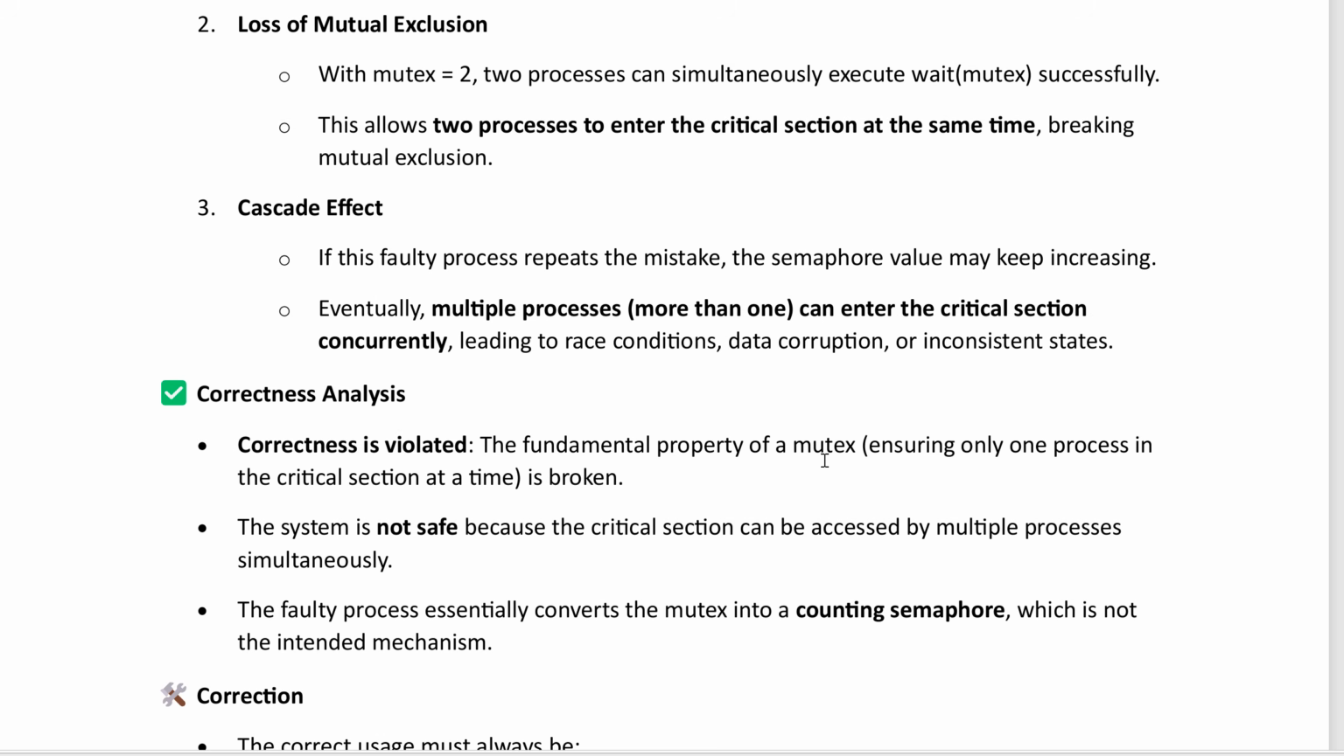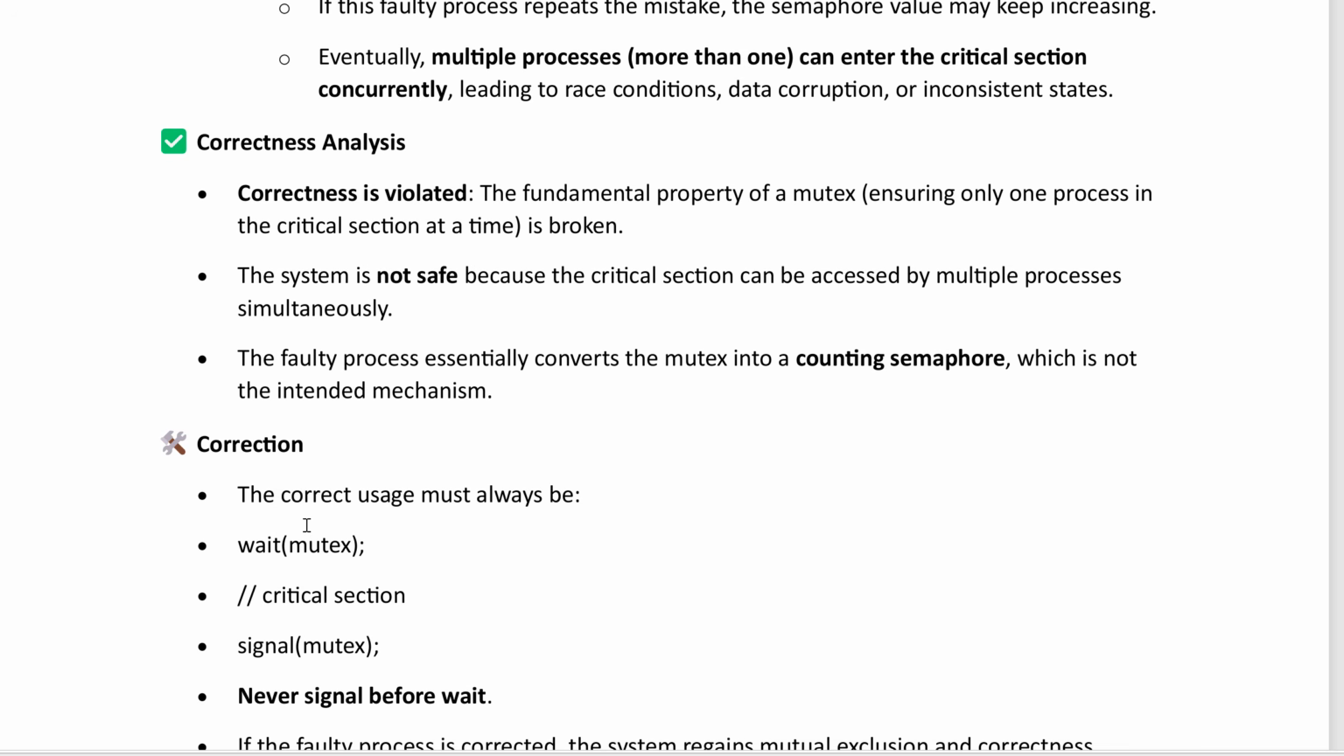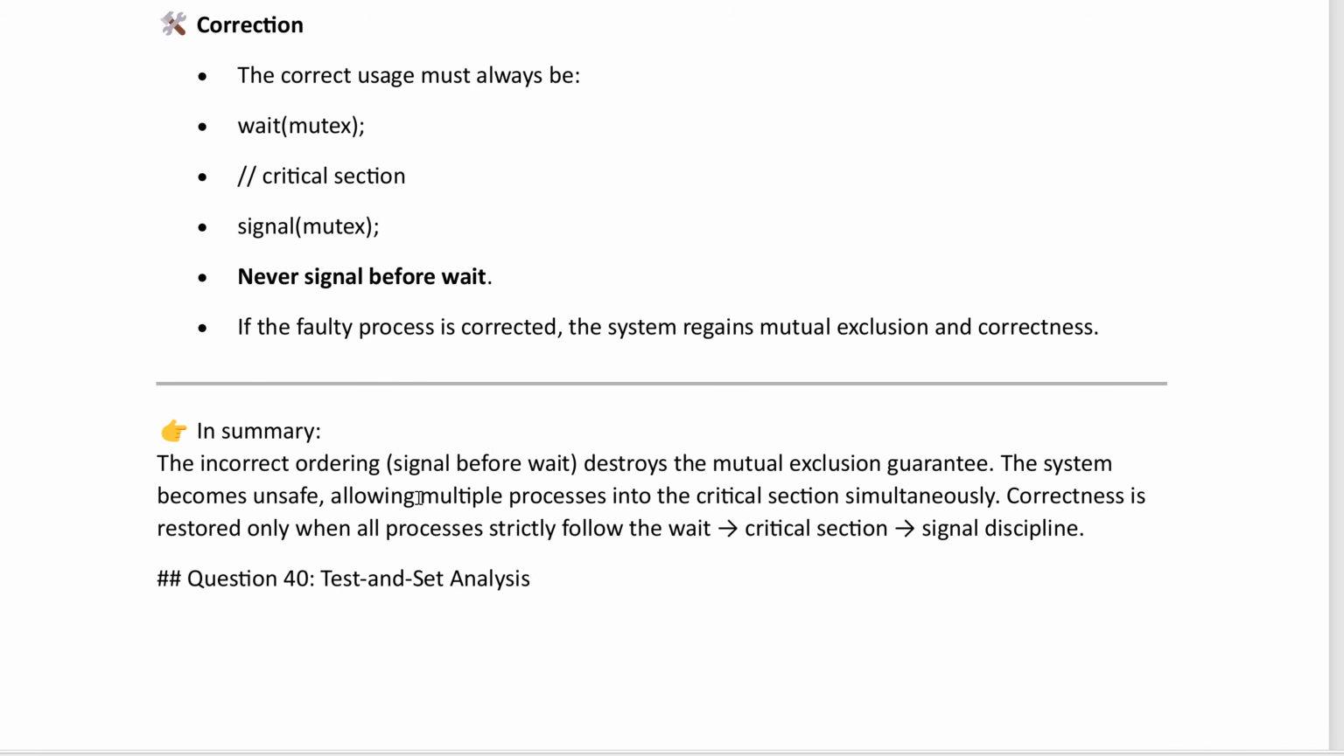Correctness is violated. The fundamental property of a mutex is broken. That is, ensuring only one process can enter into its critical section is violated. System is not safe because the critical section can be accessed by multiple processes simultaneously. The faulty process essentially converts the mutex into a counting semaphore, which is not the intended mechanism. Correction is we have to execute wait before signal. Never execute signal before wait, right? So in summary, the incorrect ordering, that is, executing signal before wait, destroys the mutual exclusion guarantee,